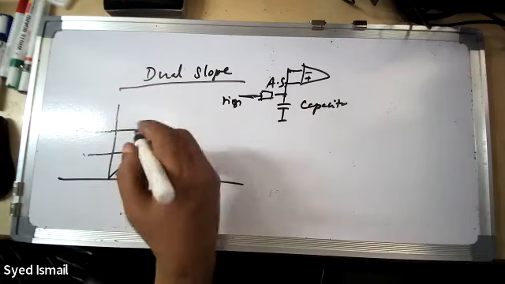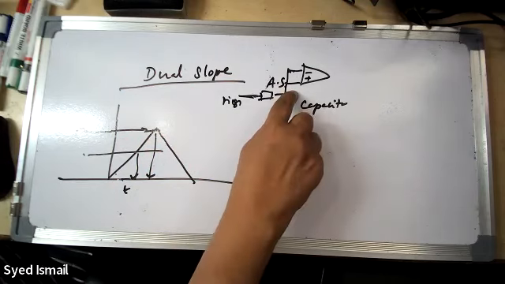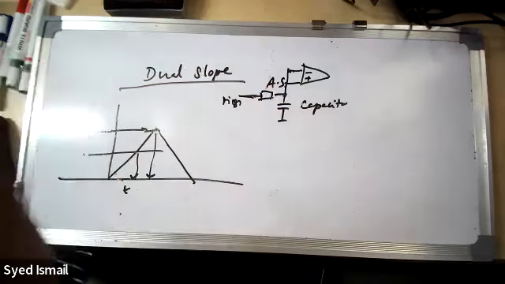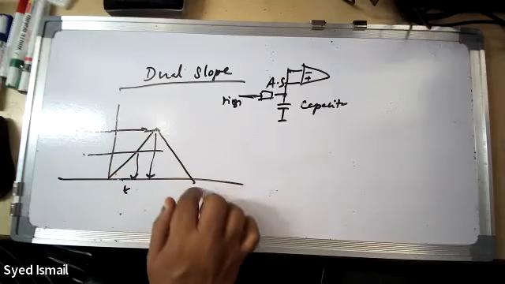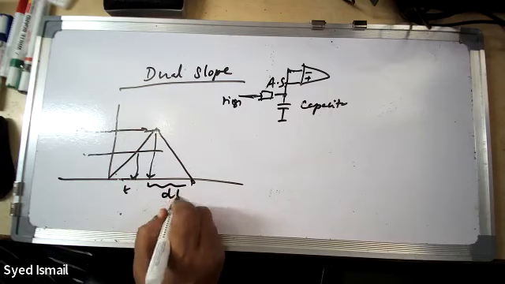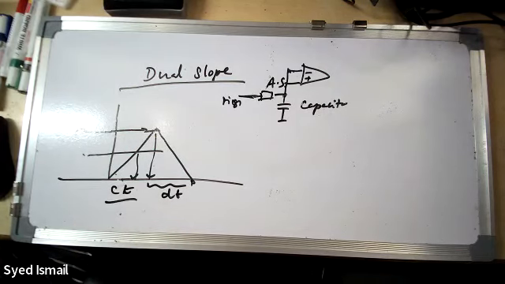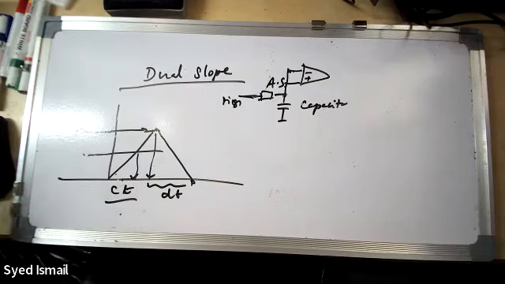Actually, what they do is they discharge it again to become zero. By connecting this particular point to ground, you measure how much time it takes to discharge. So this is again a time. This is the discharge time, and this is the charge time. If you take an average of them, then you'll get accurate enough.